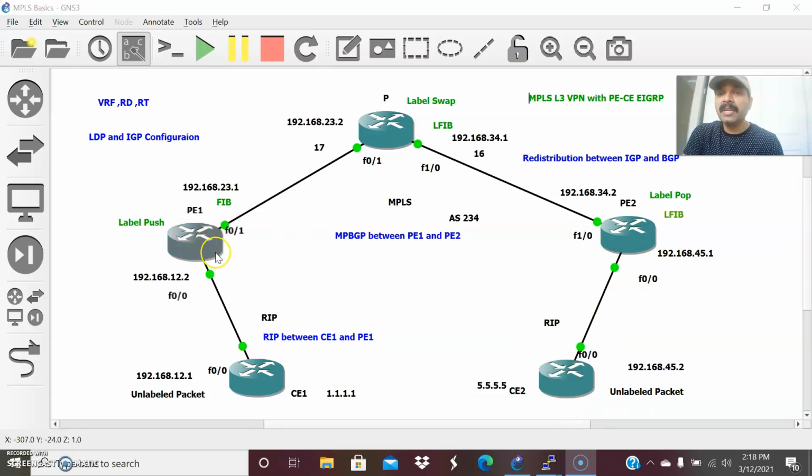So labeling will only be done at this corresponding MPLS backbone. These three routers are what we call label switch routers. That means each can do either label push, label swap, or label pop. The label push and label pop are done at the LER, that is the label edge router. We also call this the ingress LER. At the ingress end we add the label, and at the egress end we remove the label. This is the provider core router, which sits in between PE1 and PE2. So these are the key points you have to understand.